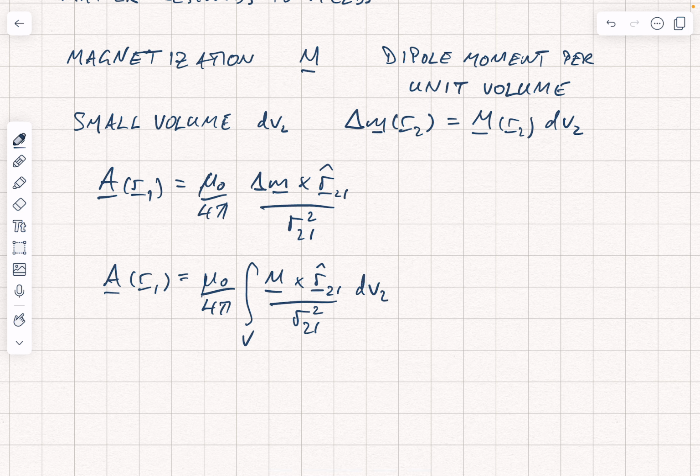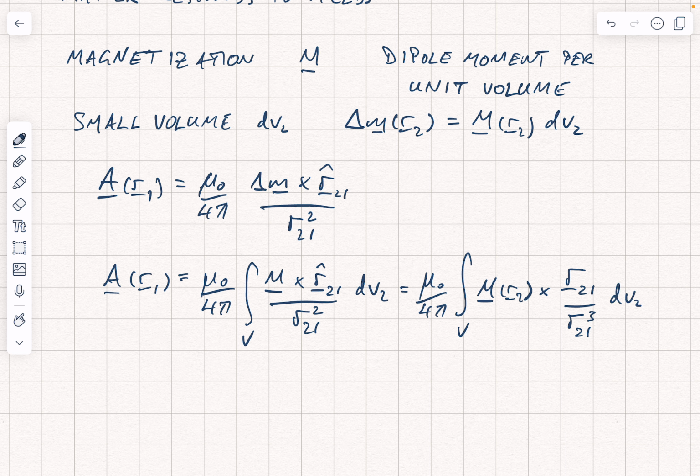And of course really M there should be a function of position, so let's write that as mu naught over 4 pi the volume integral of M at R2, and let's write that in a slightly different form. We're now going to take the cross product with R21 divided by R21 cubed dV2,